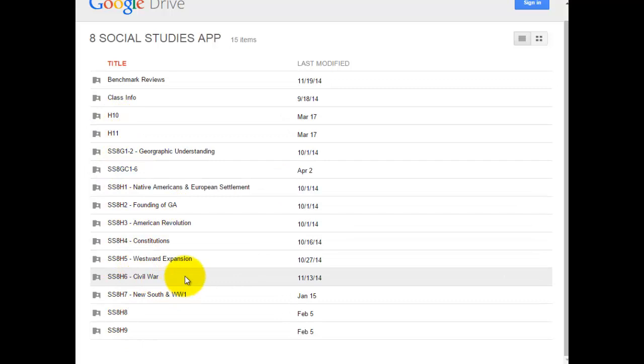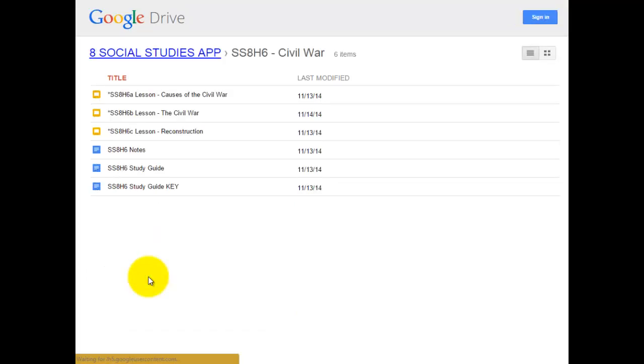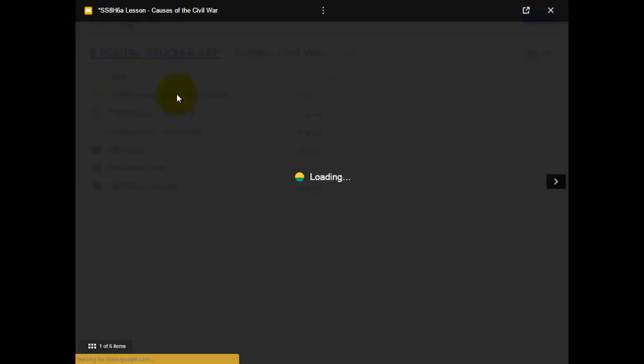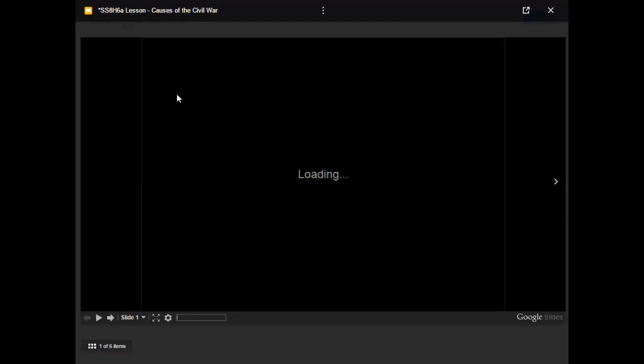And since we're talking about the Confederate flag right now, let's click on Civil War and make it relevant, at least right now. And when the student gets here, either on their phone, their tablet, or on their computer, they can click on any of the lessons here, causes of the Civil War. And once it loads up, because it's going to take a little while because my screen is recording,